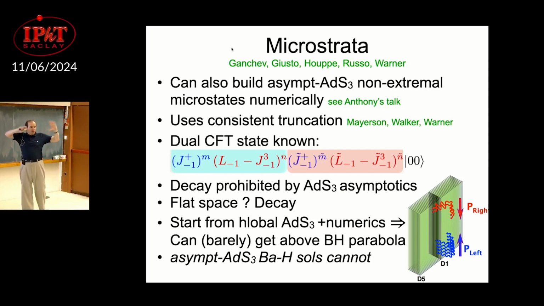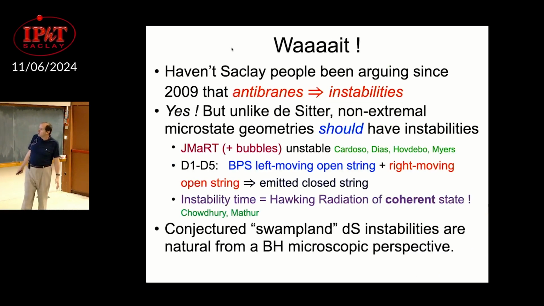So we have the Bena-Heidmann solutions, which are really bubbles, non-supersymmetric, which really correspond to brane anti-brane. These solutions really are momentum anti-momentum, but that seems to be the story. I'm not going to get into this again. Anti-branes usually have instabilities, and these solutions could be unstable. Pierre's solutions could be unstable. The microstrata, when you put them in flat space, could be unstable. But the instabilities are expected because they correspond to Hawking radiation.